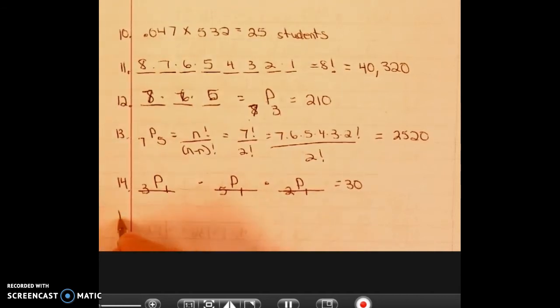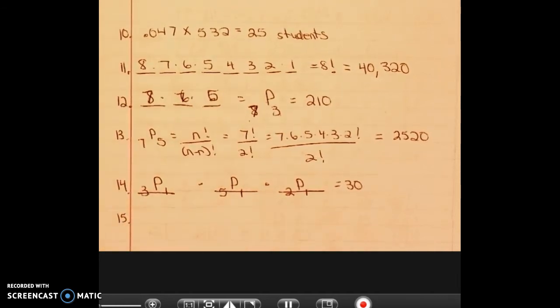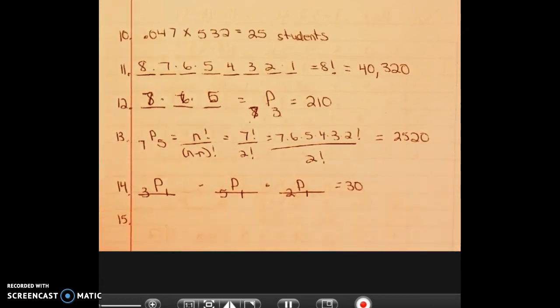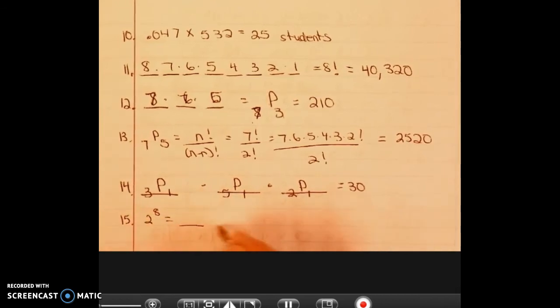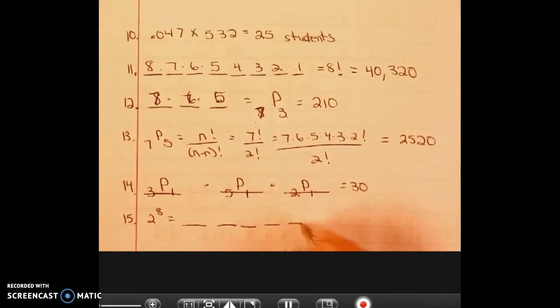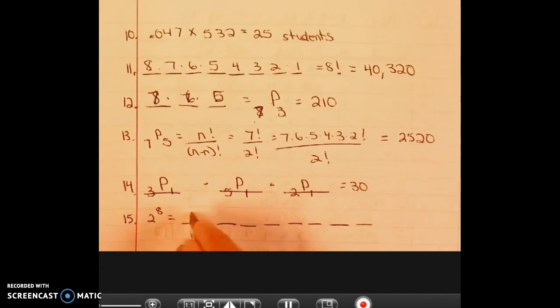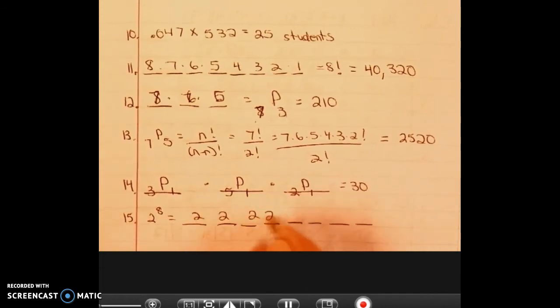Question 15, it wants to know how many outcomes there are if I toss a coin 8 times. Well, if you want to write out all spots, you can, or notice that's the same thing as 2 to the 8th. And again, if you need the visual,